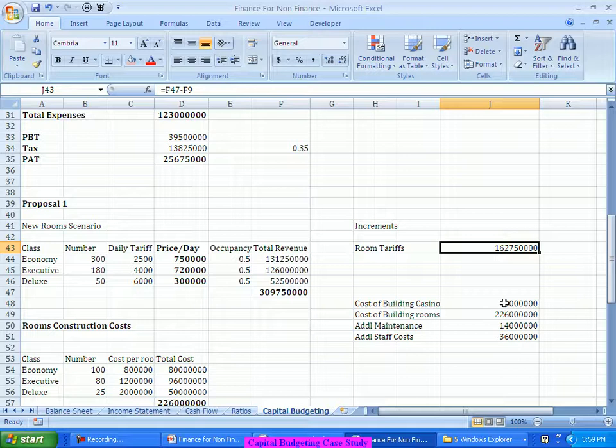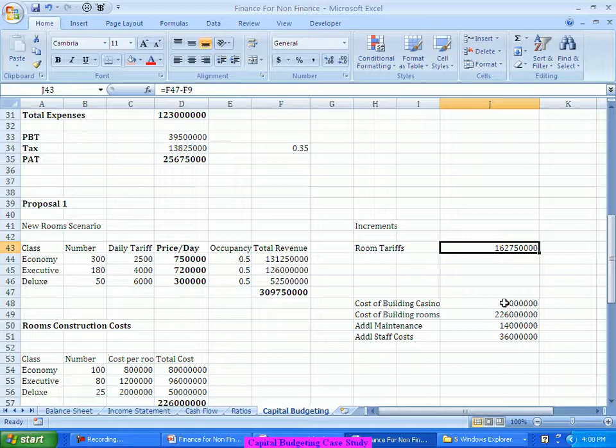Or probably if I increase the price next year, it may go even more. But for the time being, we can assume that every year it will increase by 16.27 crores unless we have some other further information. So assume that we are not changing the price for the next few years. This is an annual thing only, right? Because we have multiplied it by 350 into something. So on an annual basis, this extra revenue is going to be 16.27 crores.